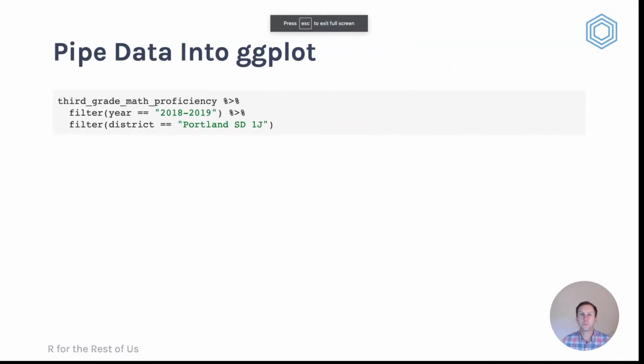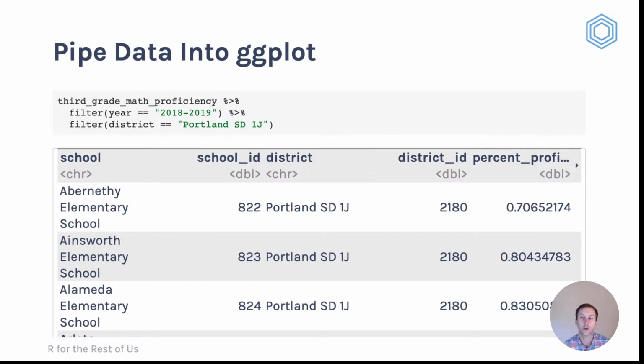Okay. One thing we can do is pipe data directly into ggplot. For example, if I start with my 3rd grade math proficiency data, let's say I only want to see data for 2018-2019, and only from Portland School District. I don't know why in Oregon they add this 1J, 5J thing at the end of school district names. No idea what it means. In any case, if I run this code,